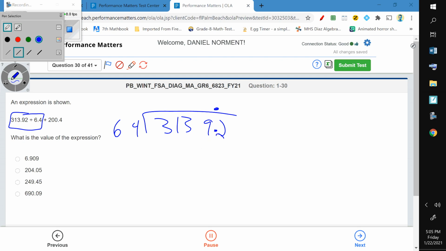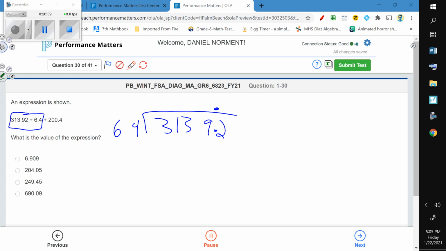And that's a 2. So let me go this, and this, and this. 64 goes into 3. Nope, too big. 64 goes into 31. Nope, too big. 64 goes into 313. How many times? 6 times 5 is 30. I wonder what 64 times 5 is. 32. Ooh, just a little bit too much, so I'm going to go to 4. And that's going to be